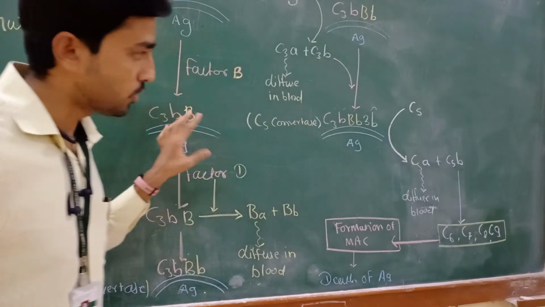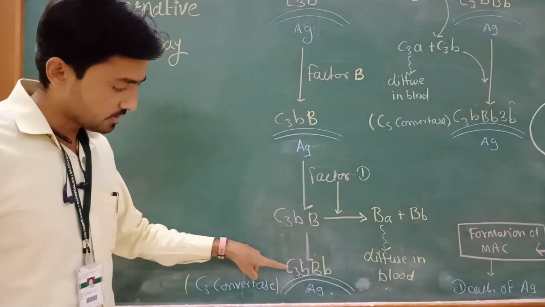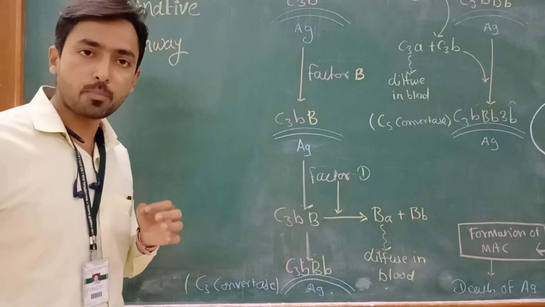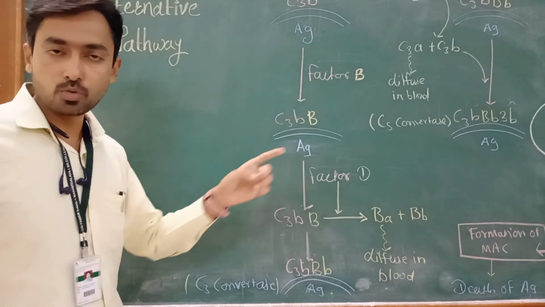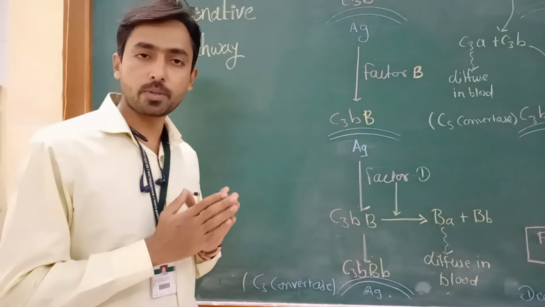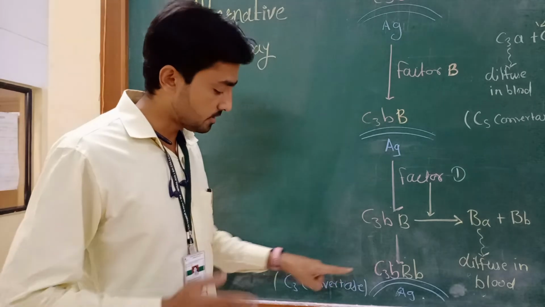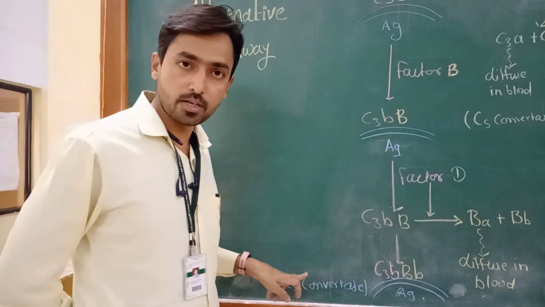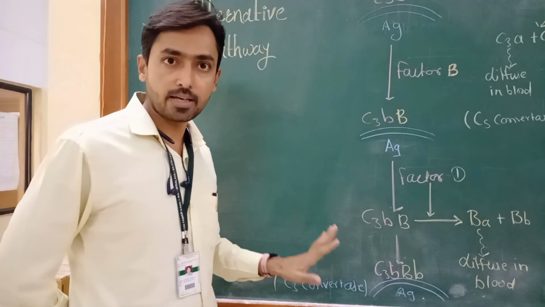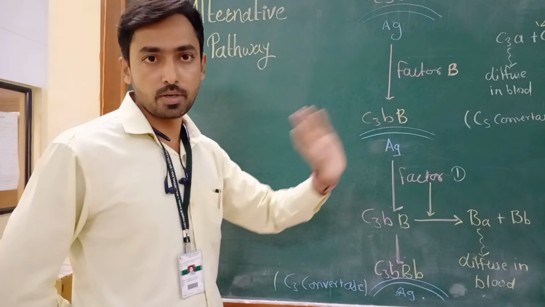In this pathway, you have to remember one important thing: this C3 convertase, which is C3b-Bb, has a half-life of only 5 minutes, which is very little time to complete the pathway. So a special type of protein present in the mammalian cell called properdin immediately binds to this C3 convertase and extends the half-life of this convertase up to 30 minutes by stabilizing the molecule, so that within 30 minutes this pathway can be completed.